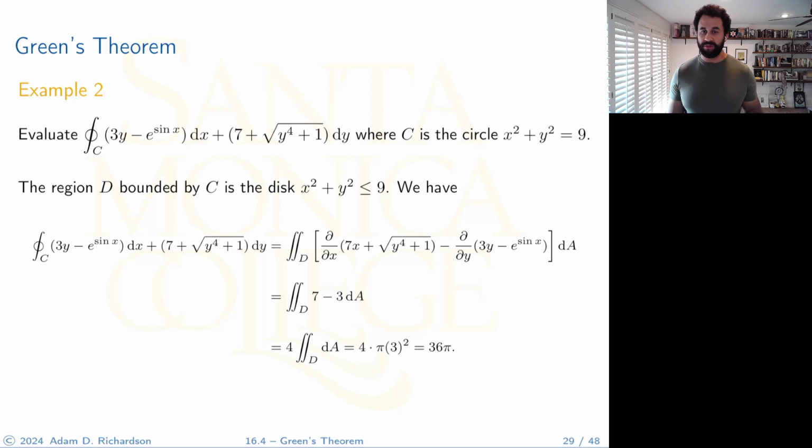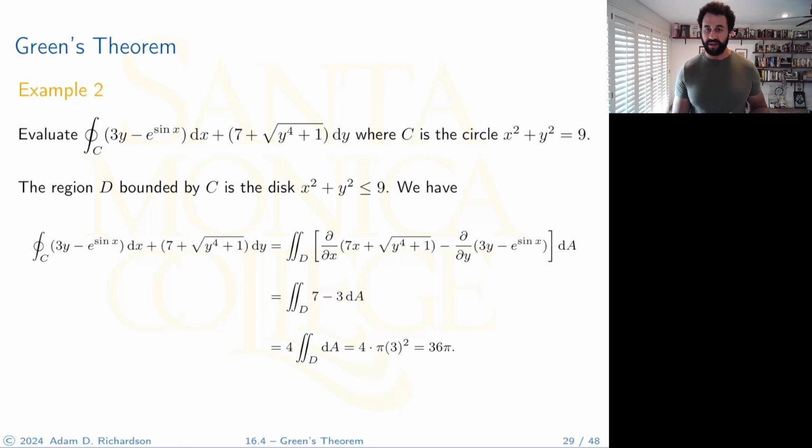And now we need to compute the z component, or the k component, of the curl here. So we're going to do the derivative of this with respect to x, and then this with respect to y. That's what I'm indicating right here. This equality is Green's theorem. Differentiating this with respect to x is nice and easy. You're just going to get 7. Differentiating this with respect to y is going to be easy. You're just going to get 3. So then you end up getting 7 minus 3, which is 4,